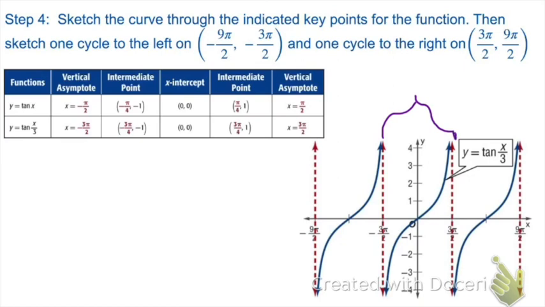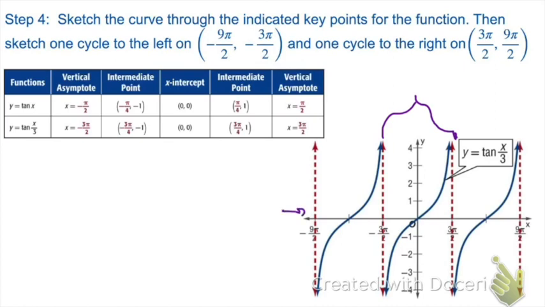Okay? And then we're going to repeat this every 3 pi. So between negative 3 pi halves and 3 pi halves is 3 pi. If you actually found the distance between them, you'd have 6 pi halves. 6 pi halves simplifies to 3 pi. So we're going to just repeat this every 3 pi. And what we do is we make a cycle to the left of what we've done at the beginning and to the right. So we take negative 3 pi halves, and we're going to subtract 3 pi to get to